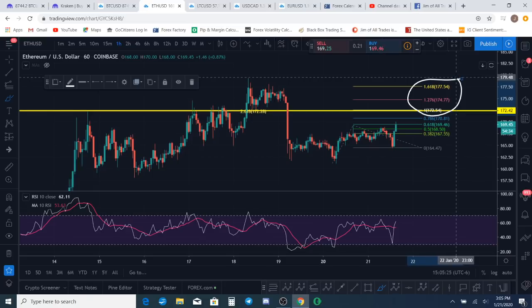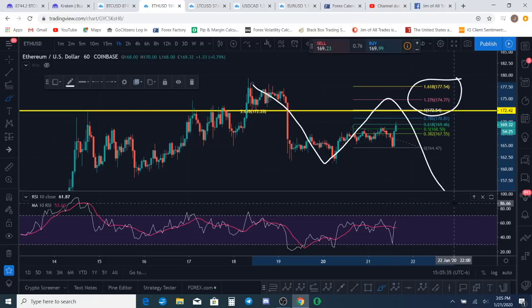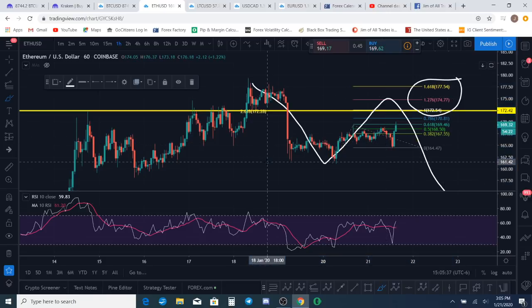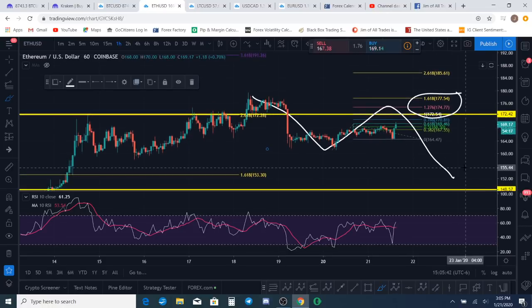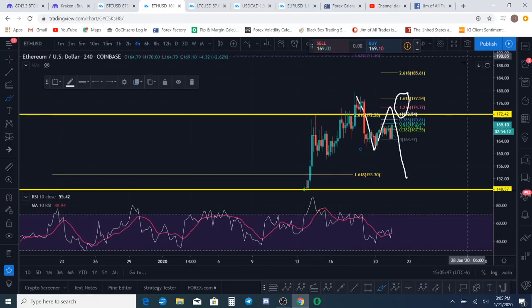Okay, so those are your targets there to the upside, but I would be expecting, at least the way I'm looking at this wave, that we're going to get basically one more push to the downside. That would be a three wave move, guys, and this would be the bull count. In other words, if we just get a three wave move, then we'd be looking to enter short somewhere at the bottom of that correction and then go long, and we'll have plenty of time to talk about that once we get that confirmation of reversal back to the downside, if we get that at all. All right, so let's be watching out. That's the wave structure that I'm looking at. That's the way the waves are looking to me.